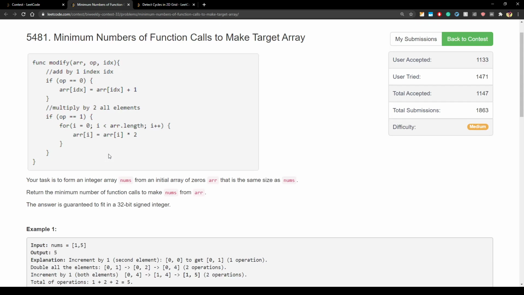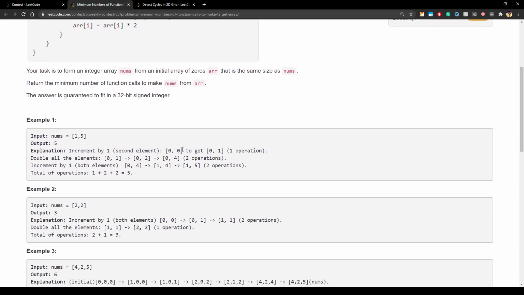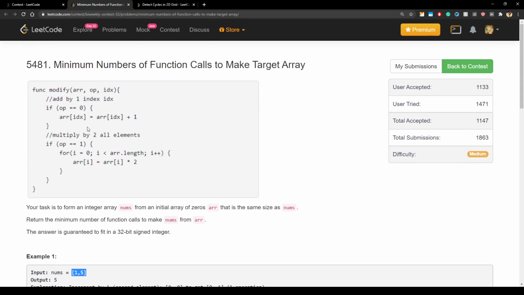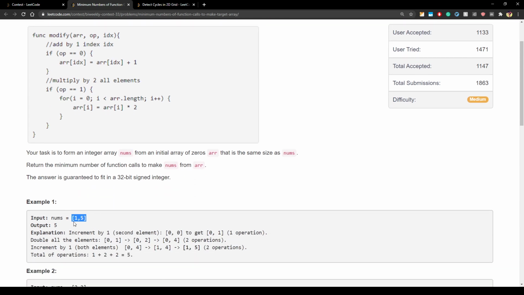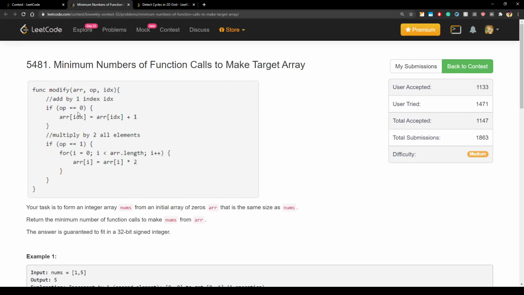So first thing to notice here is that the first function call will never be this multiply by 2, because if you initially have 0, then if you keep multiplying it by 2, it will always be 0. So first thing is, if there are any 0, we need to just ignore it, because 0 don't need to change, so we will never make a call to increment it, right? So this function we will never call for that index, but any index which is not 0, we will at least have to call this function once with operator type 0, because we have to start somewhere, right?